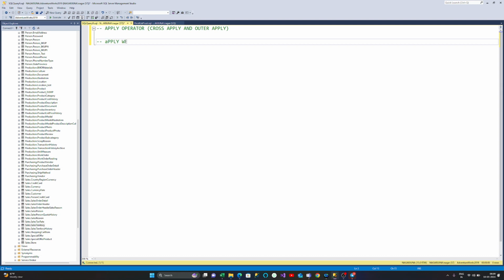So APPLY, you use to join between two tables or two table expressions. The main difference between join and APPLY operators is